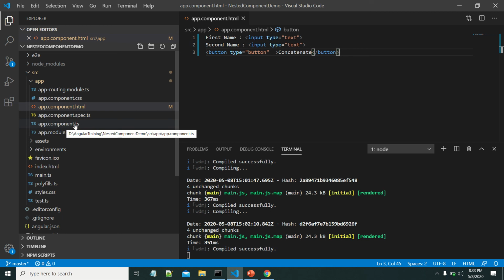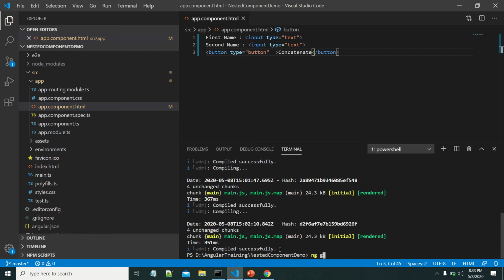If you want to use that component, then we can use the template reference variable concept. Let me create one component, sum concat.